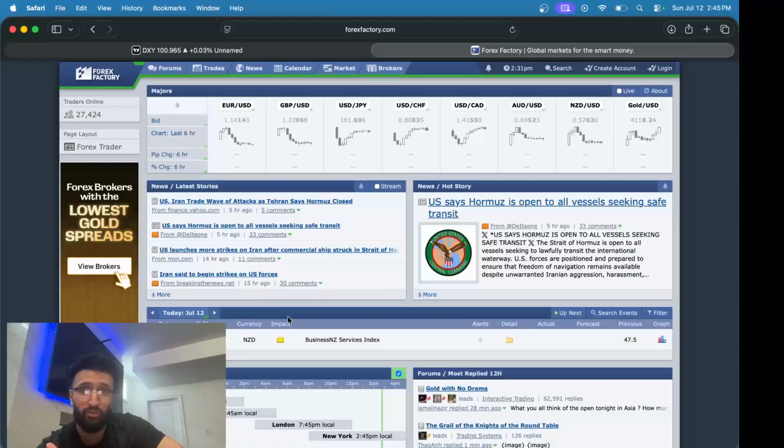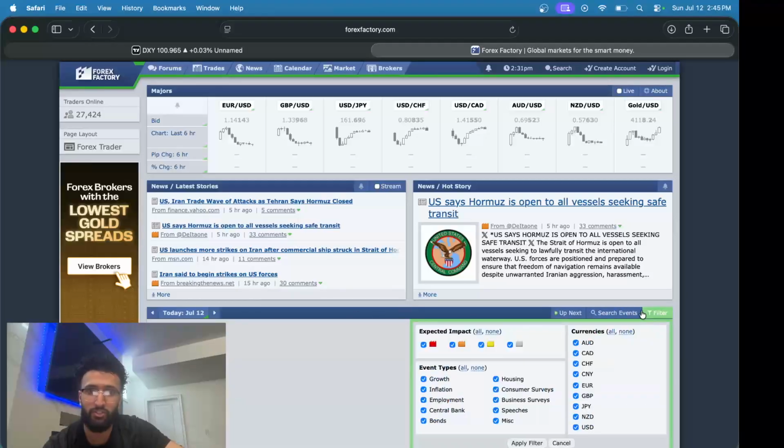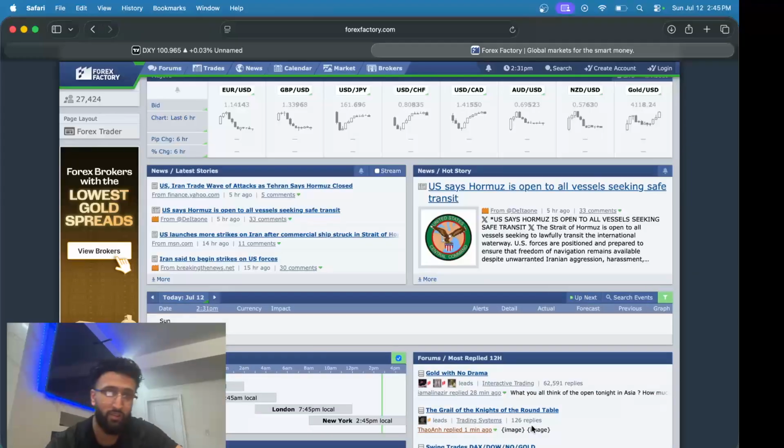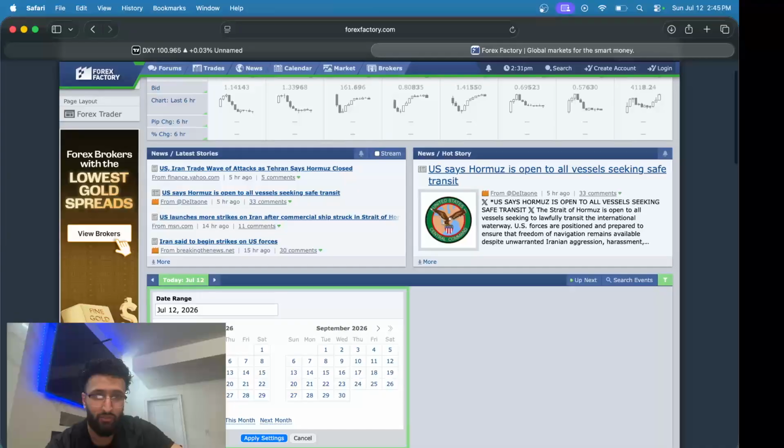All right, okay, last thing before I wrap it up is the news. Okay, this is very important. This is how the markets move a lot. Now, we don't want NZD. We don't care about NZD. So let me show you exactly how to filter it. You're gonna take off yellow, and you're gonna take off orange, and you're gonna take out all these pairs, and all you're going to keep is EUR, Euro, GBP, Pound, and USD. Now, how you're gonna show the whole week of news is you're gonna click on the date, and you're gonna, my bad, guys. You're gonna click